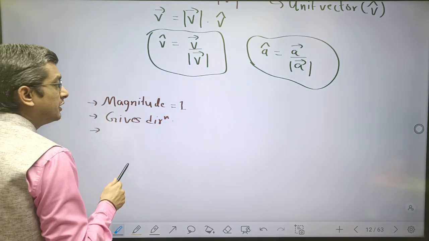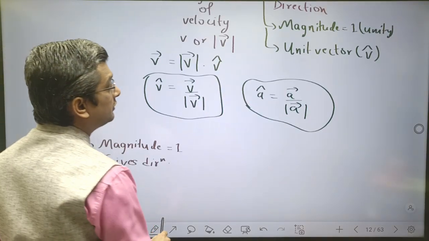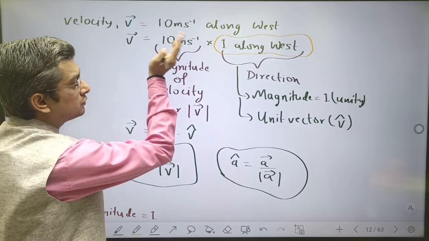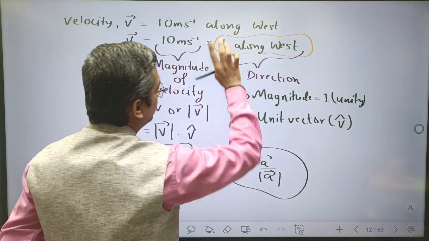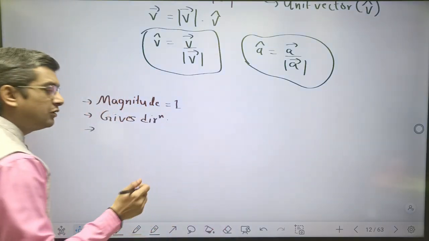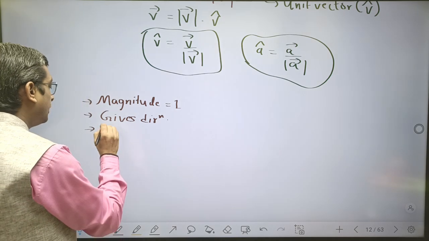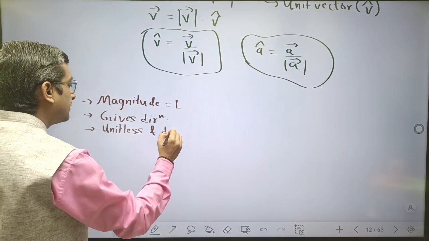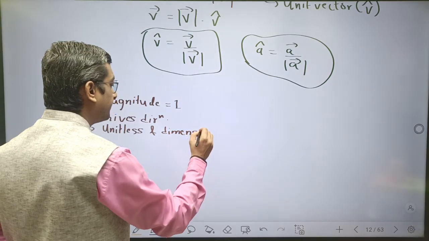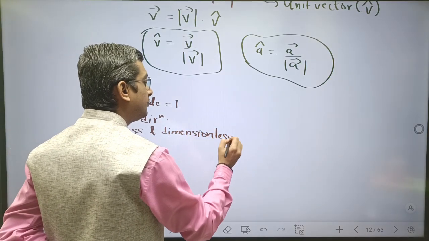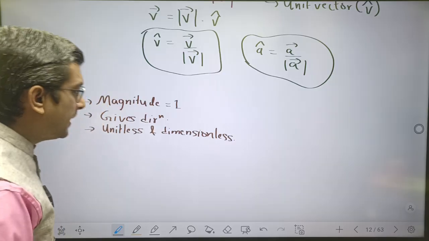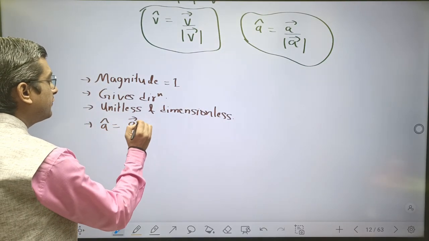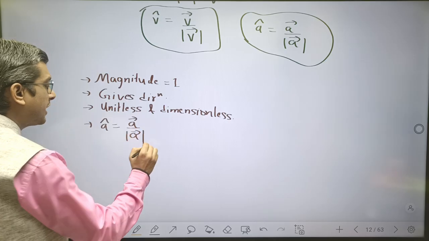The third one is, does it have a unit or dimension like this? No, because the unit is associated with magnitude, so it will go through the magnitude. We are left only with 1. So it is just a numerical value, it is just a number. It is unitless and dimensionless. So this is the third very important feature, isn't it? And it is given by, as we have written, A cap is equal to A vector by magnitude of A